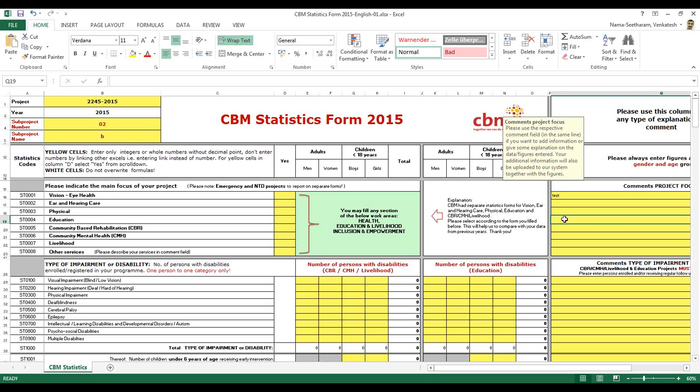They can already say that last year this was the figure and this year that's why you can see a deviation from the previous, if they already know. This will reduce the communication between the international office, regional office and the partners. That is also a helpful function of this comments column.